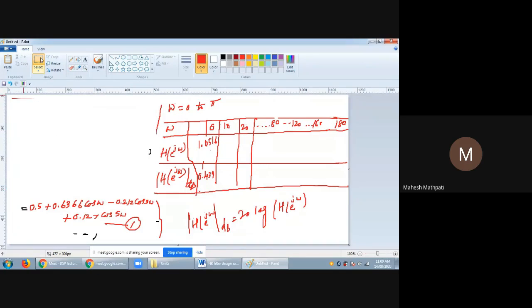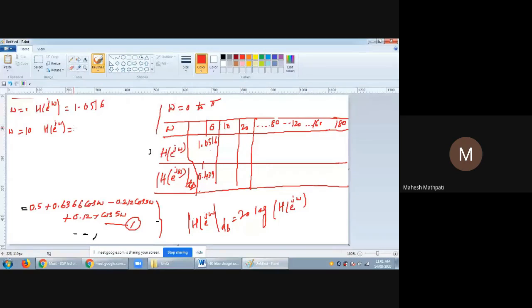So first we have calculated at omega equals to 0. Omega equals to 0, h of e power j omega will be equals to 1.0516, and at omega equals to 10, तो इसका वैल्यू कितना आ रहा है? h of e power j omega. अब कैलकुलेटर कितना फास्ट चलाते हैं उतना फास्ट एग्जांपल सॉल्व होता है। 1.024।